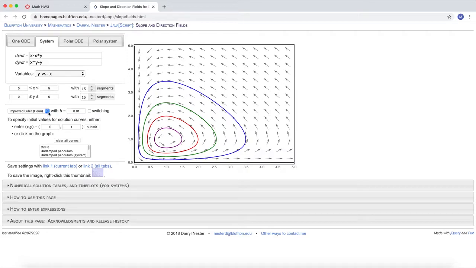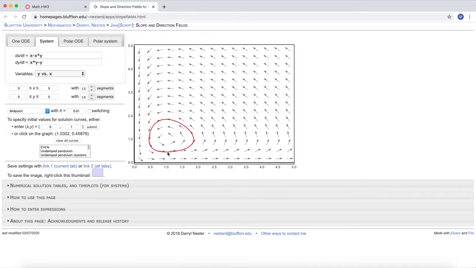When I improved my numerics by changing this here to either improved Euler, or we can try it again with the midpoint method, or Runge-Kutta, which is kind of an industry standard nowadays, use Runge-Kutta, you're going to see that with a relatively not too small dt, you can get a better description of what's actually happening. Now, I have it set to 0.01, but let's see how big I can make this dt without moving away from the expected trajectory. And you can see that even with a 0.1, the Runge-Kutta performs really well. I don't know if I should do this, but maybe even a 0.5. I don't know. That's a pretty big dt.